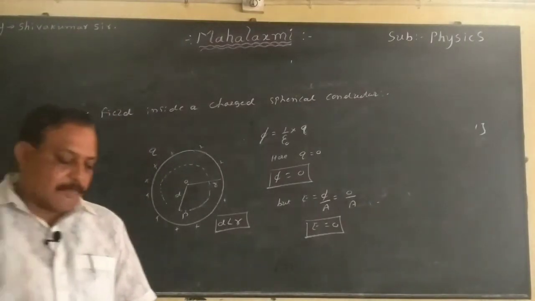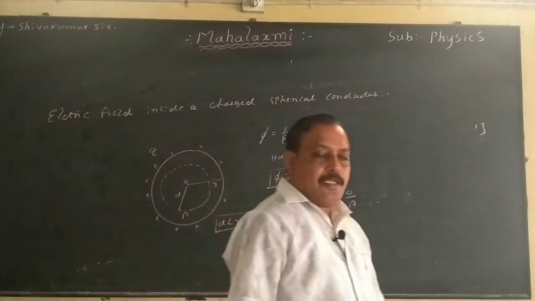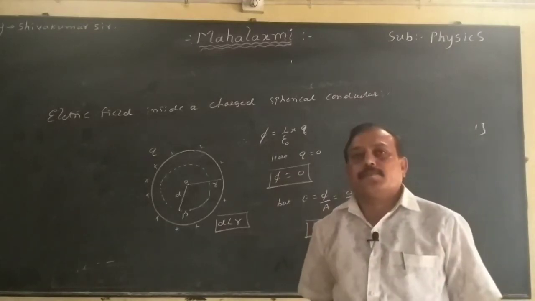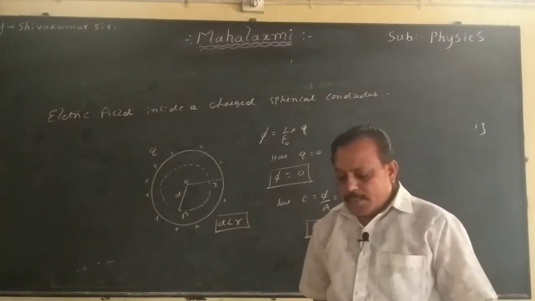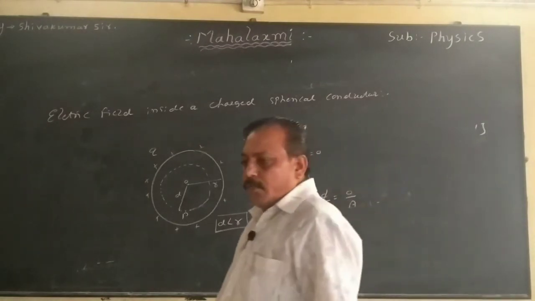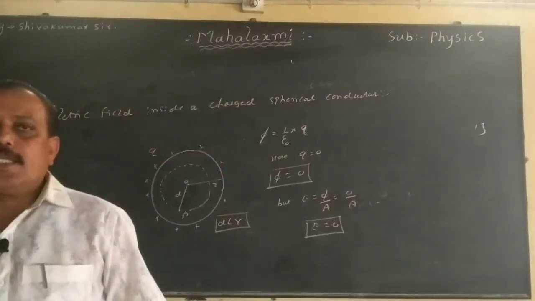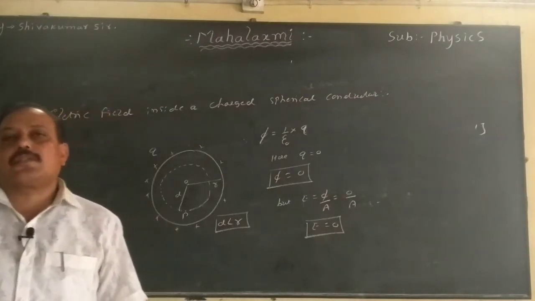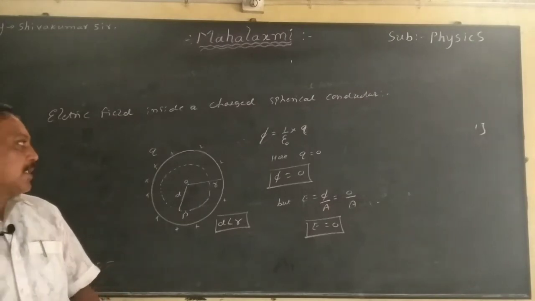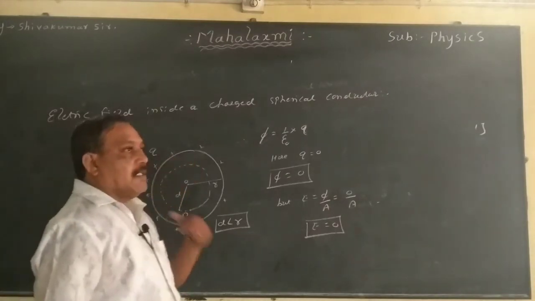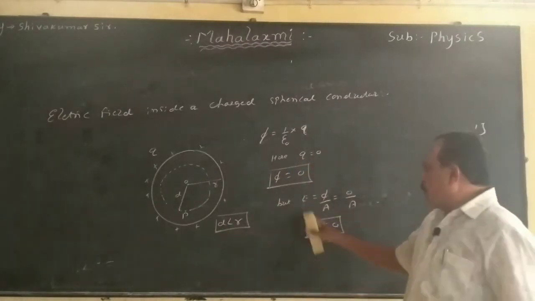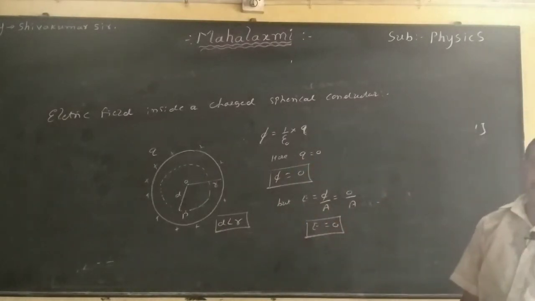We have got the three derivation steps for the charged spherical shell. The electric field at a point outside the charged spherical shell, E equals 1 divided by 4 pi epsilon naught Q by d square. When the point P is taken very close to the surface, that is d is nearly equal to r, we have one more equation: the electric intensity E equals sigma by epsilon naught. Third, if I take the point P inside the conductor, then the electric field inside the charged spherical conductor is E equals 0. Is it clear?